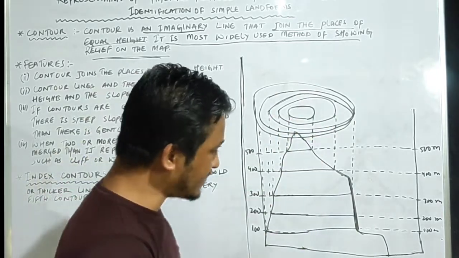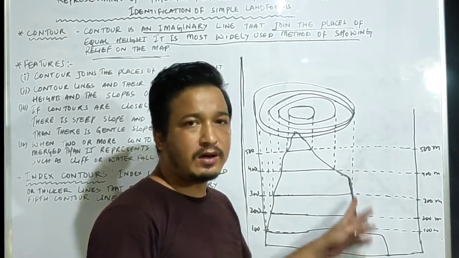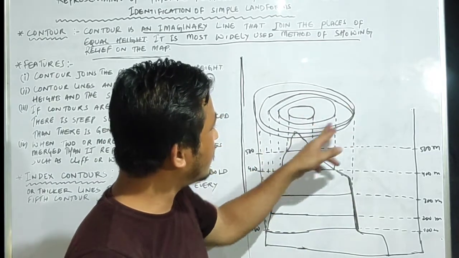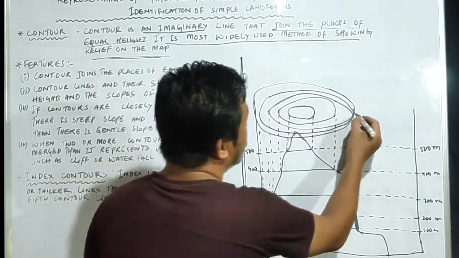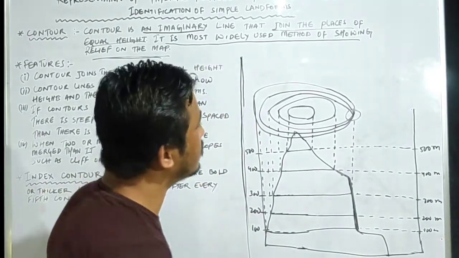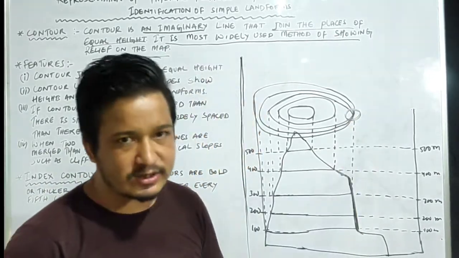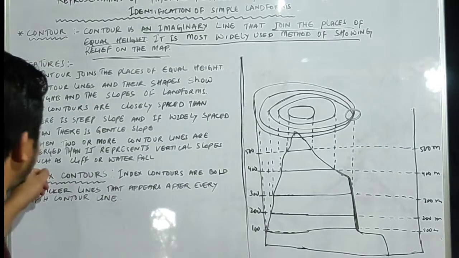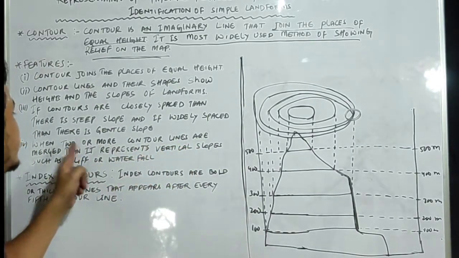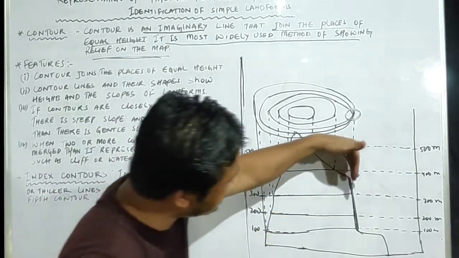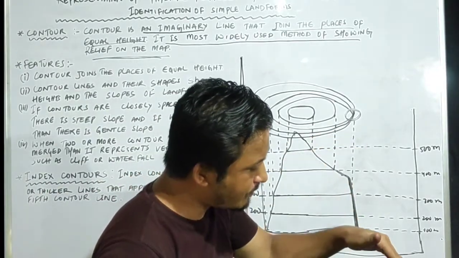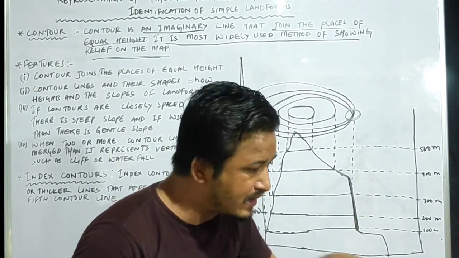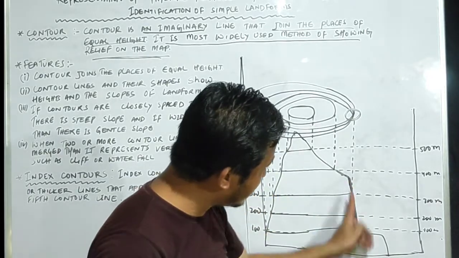As I told you, this region will have a cliff or waterfall. That's why when we made contour lines, you can see more than two contour lines are merged, it means they are joined. It is written here: when two or more contour lines are merged, it represents a vertical slope. This is a vertical slope. It is neither steep nor gentle, but vertical.